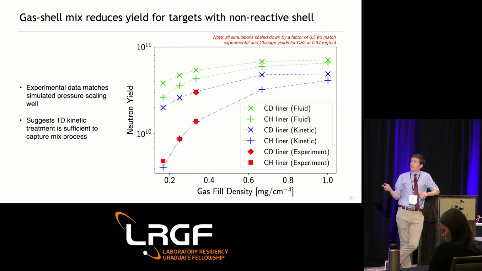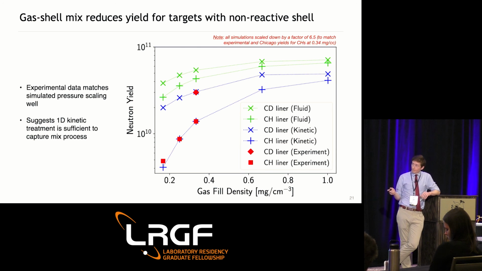And in the kinetic case for CD targets, the behavior is fairly similar. The difference is when you look at the CH targets for a kinetic simulation, as you go down in pressure, you're going to get increased mix. But that mix is not going to contribute to the yield, and so you're going to dilute the hotspot. And you can see that you're going to have a much sharper drop-off in yield